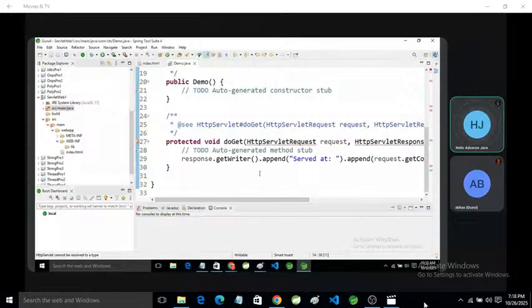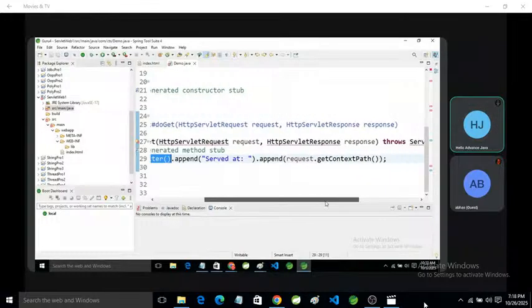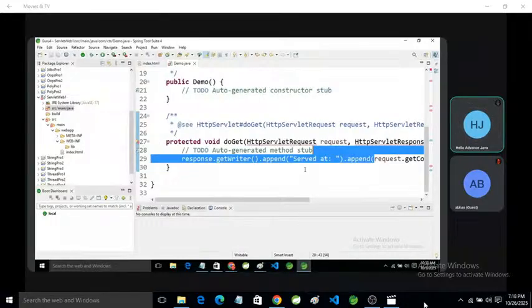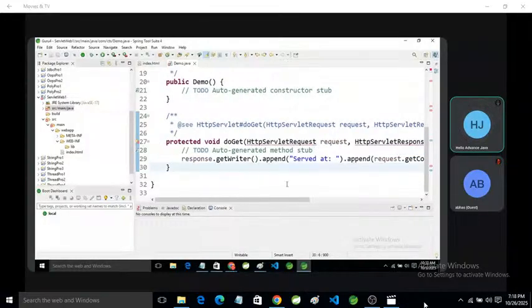Through the response we can send the response to the user. Here we are using the getWriter method of the response, and append values like "Served at" and request.getContextPath, which will return the name of your project. "Served at" is a string.